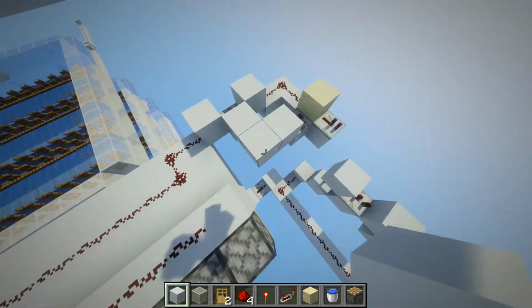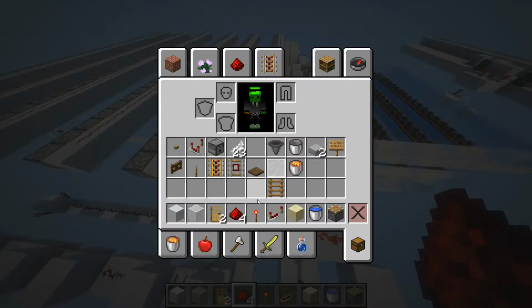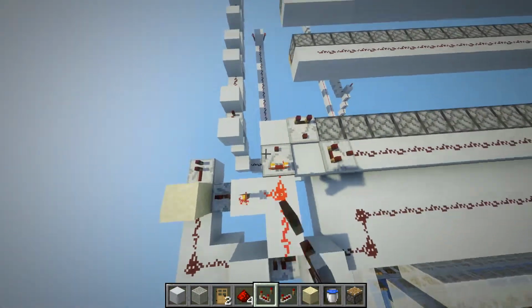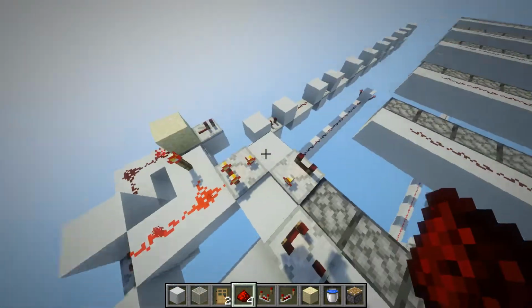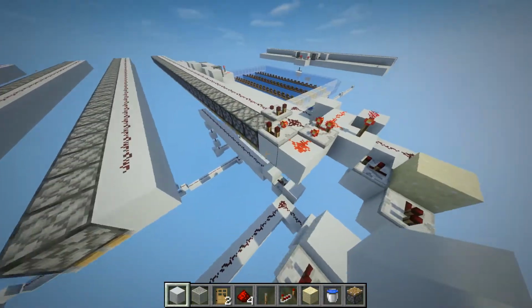Now you're going to come out, place this kind of shape, redstone torch, and over here we're going to put a redstone comparator there, 1 there, and 1 there. Put them both in subtract mode, but not this one. Put dust there, and then take your lever, put it there. Now coming out